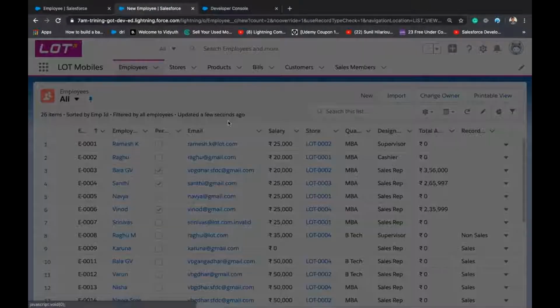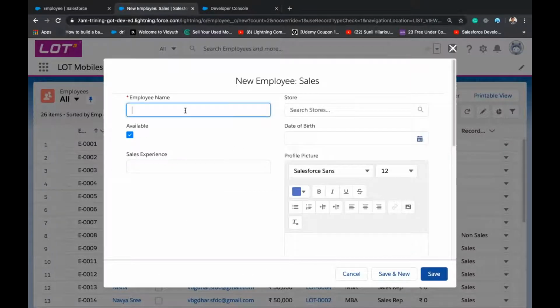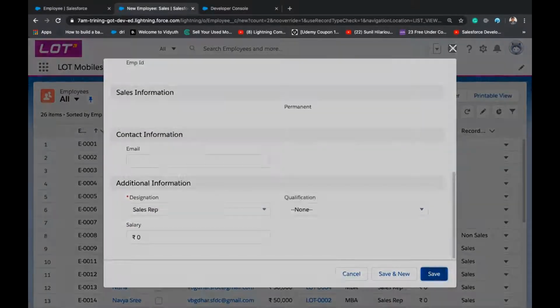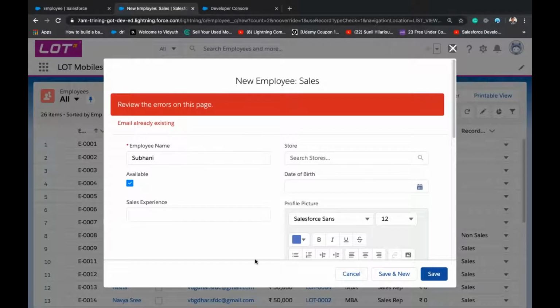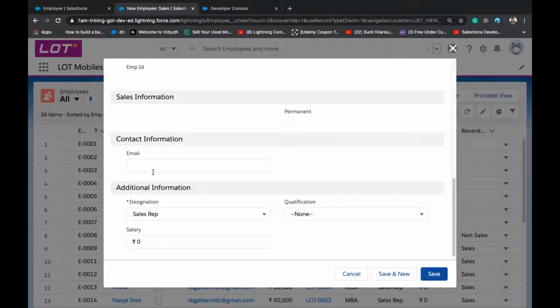In future again, if I want to create a new record with blank email, I'll get an error. It's comparing with the null also.